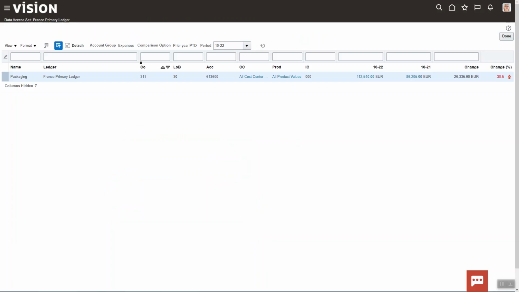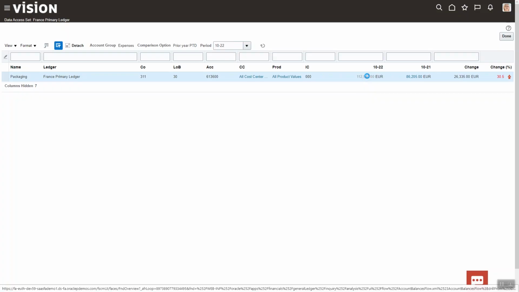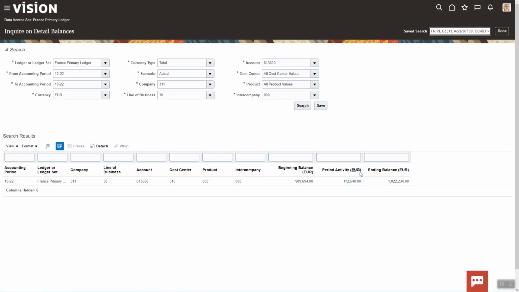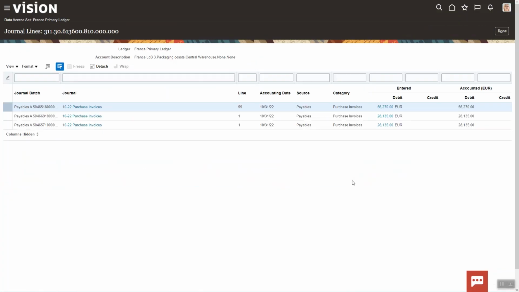And there you'll see again the data shared across all of the applications. Here we've got the key accounting flex field, this time for a company France, so it's 311, and we've got an account and all cost centers, and we're comparing the change this year to the previous year. So we spent 86,000 euro last year. Currently in the same period we spent 112,440 euros. And again, I can drill in to that value and drill down to the period to see all